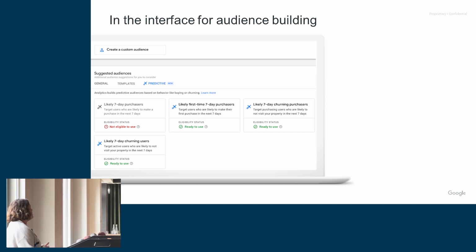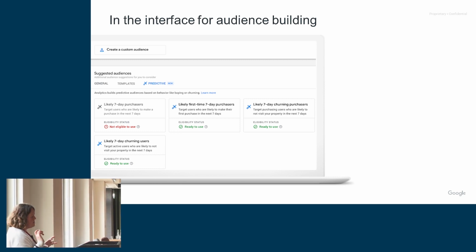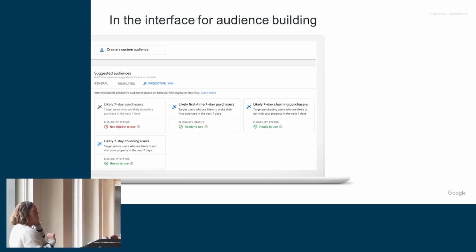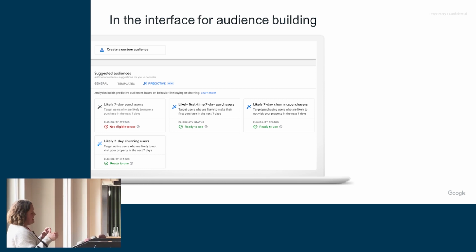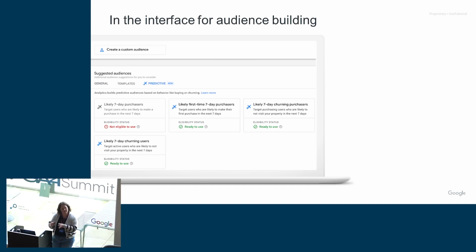And this is just a screenshot of what that looks like in the audience builder. When you go into audience builder, you've got a few different options. You can start from scratch. You can use templates. You'll also get some templates based on which type of website you are. If you're a retailer, you'll get ones aimed at retailers. If you're a publisher, you'll get ones more aimed at publishers. And then the next tab is the predictive ones, which is what we're talking about here. These are eligible if you've reached the criteria of a certain number of conversions,